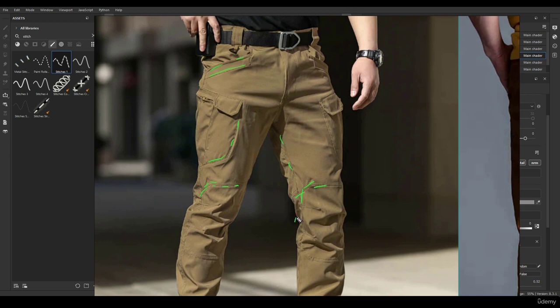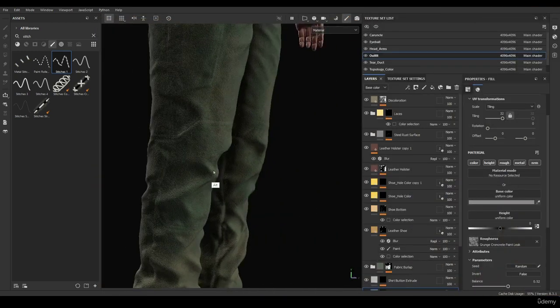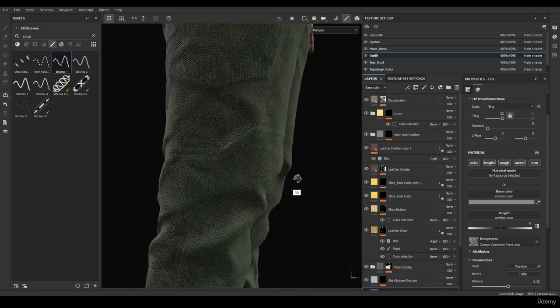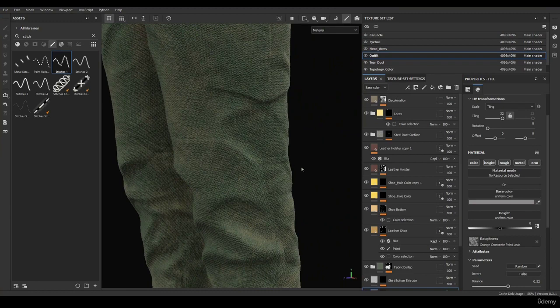You can see where the seams are at. That's where I'm going to be adding the stitches. I already have a guide there because of the sculpting details that I made in Blender, and those guides are going to serve as a guide for where we're going to add our